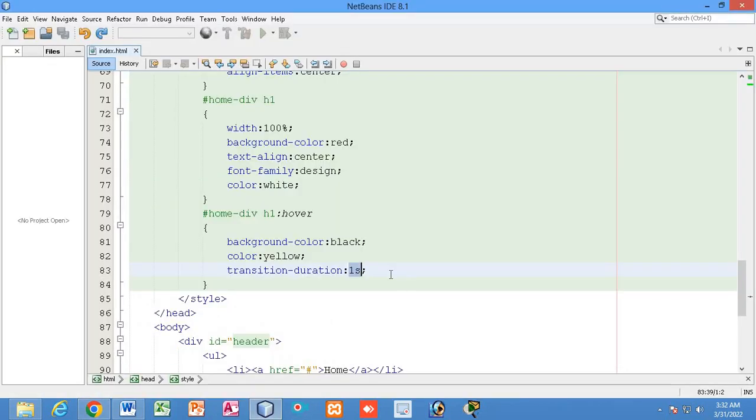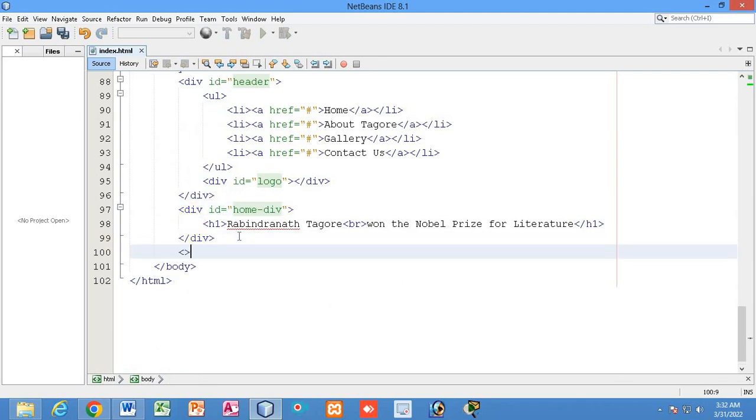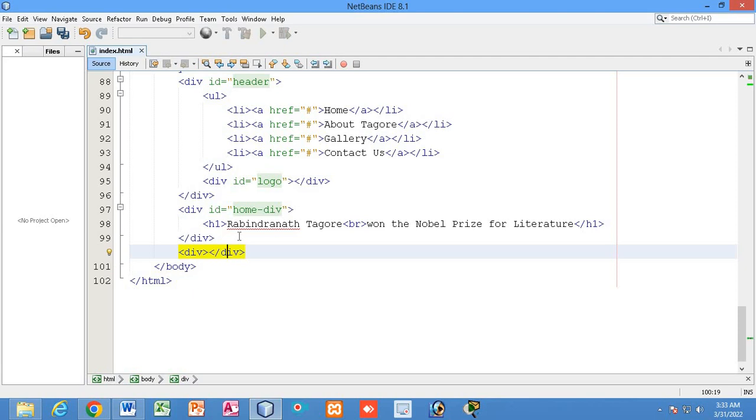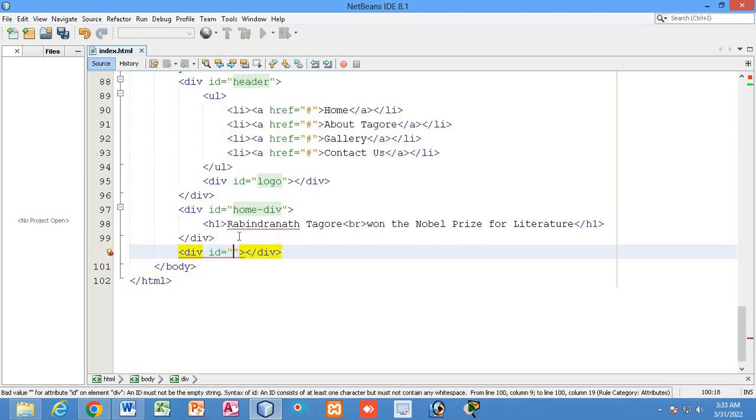So right, I hope you have understood. Now just under the home div I am going to create another div, right? So here I will just go and name this div as about, simply I will write here about div.